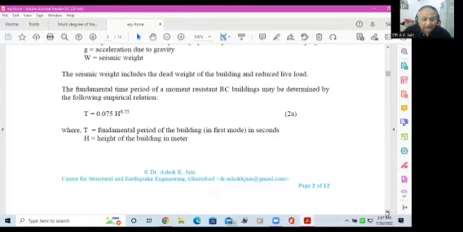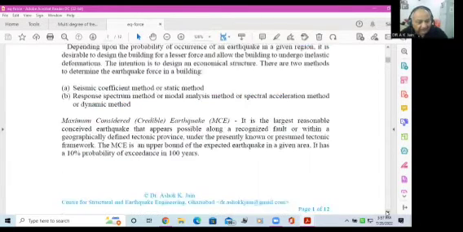Okay. Now here we need one more term, that is the fundamental time period of the moment resistance. What is the fundamental time period of the building? You see, we have just discussed. We need to know the various fundamental frequencies in the first mode, second mode, third mode, and so on, and also what are the mode shapes. Okay. Now, as far as the seismic coefficient method is concerned,